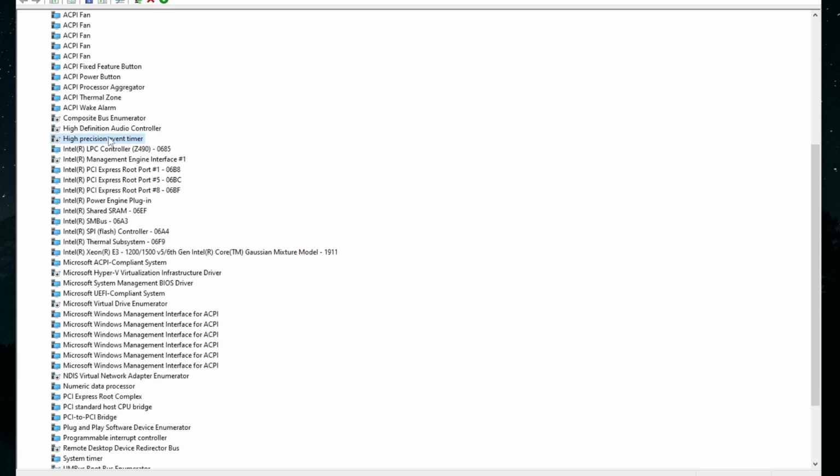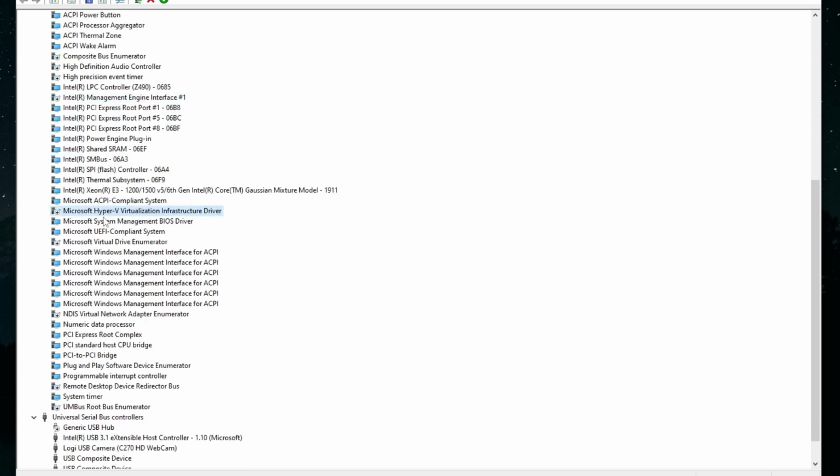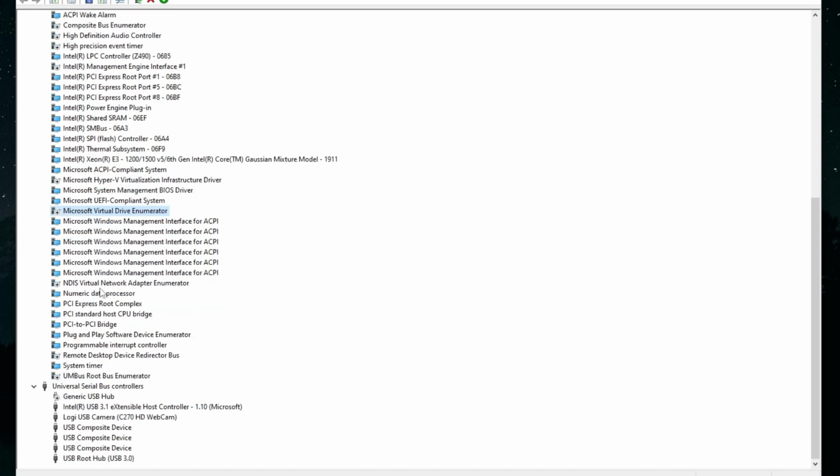High Precision Event Timer, you would want to disable this. Intel Management Interface, this is just some spyware, you would want to disable that. If you're on AMD, you might have something like AMD PSP or AMD log, you'll just disable that. You'll also want to disable Hyper-V Virtualization Infrastructure Driver, Virtual Driver Enumerator, Virtual Network Adapter Enumerator, and Remote Desktop Device Redirector Bus. And for USB devices right here, I have a separate video on input lag where I cover what type of USB ports you should be using and whether you should disable Generic USB Hub or certain devices,